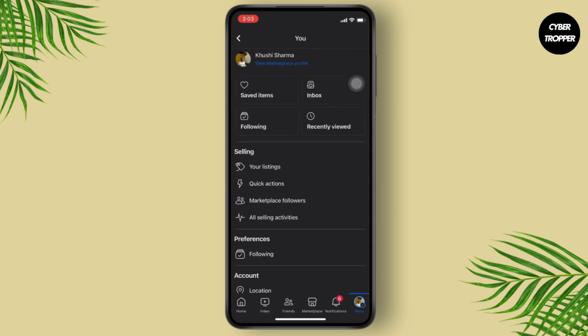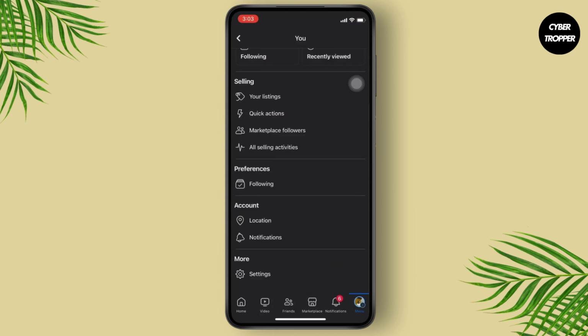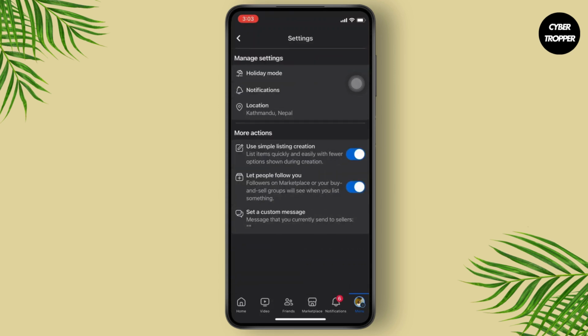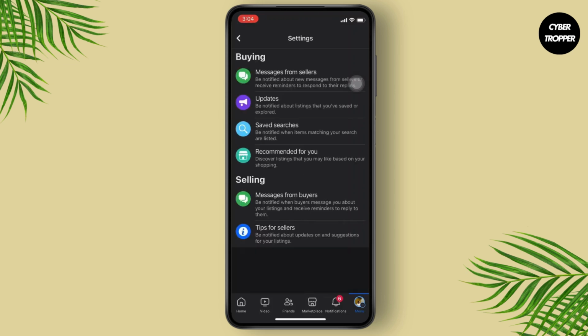on the upper right area, and you can click on that, and here you will get to see an option of Settings. So you can simply click on that and you will get an option of Notifications. So you can simply click on that option, and here you will get a lot of options, like messages from sellers, updates, saved chat, saved searches, recommended for you, and other options as well, like messages from buyers and